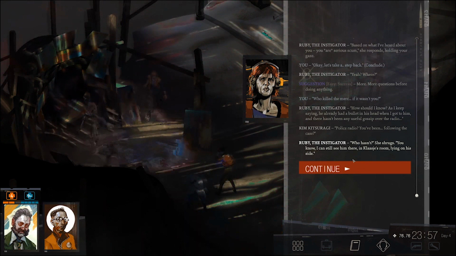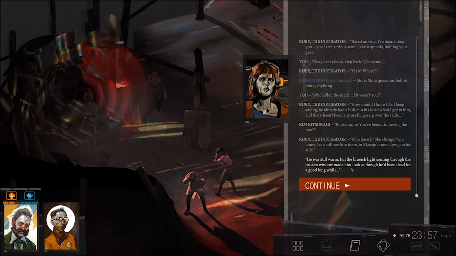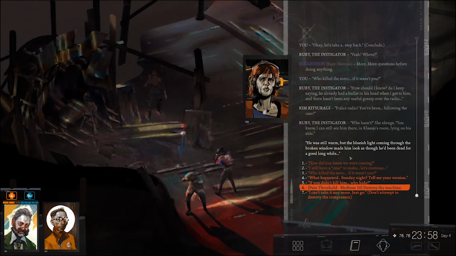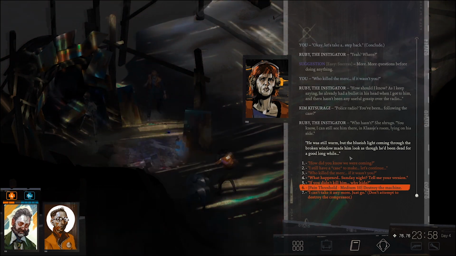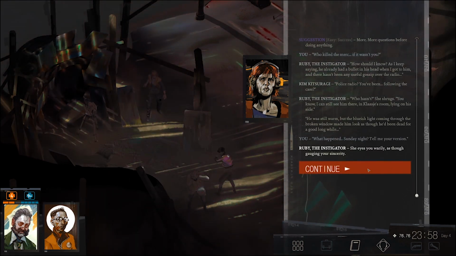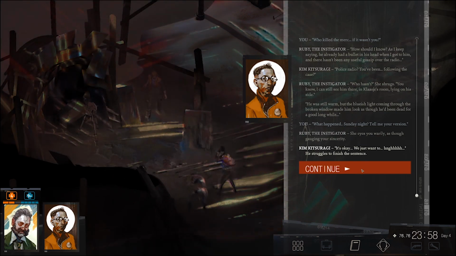Who hasn't? She shrugs. You know, I can still see him there, in Clausier's room, lying on his side. He was still warm, but the bluish light coming through the broken window made him look as though he'd been dead for a good long while. What happened Sunday night? Tell me your version. She eyes you warily, as though gauging your sincerity. It's okay, we just wanna...